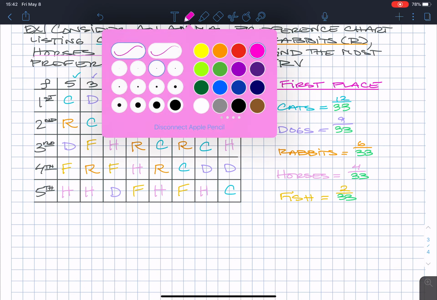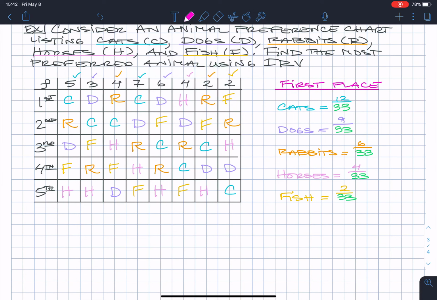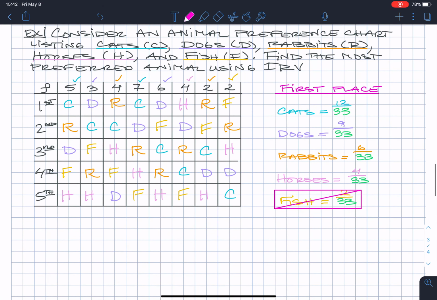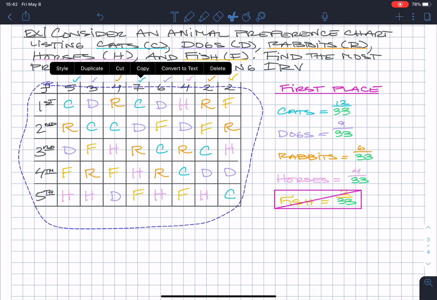So what we're going to do is eliminate. So let's go ahead and get rid of fish. Okay, so now I'm going to copy and paste this. But what I'm going to do is shift everything up. I don't know if I have to, but let's copy